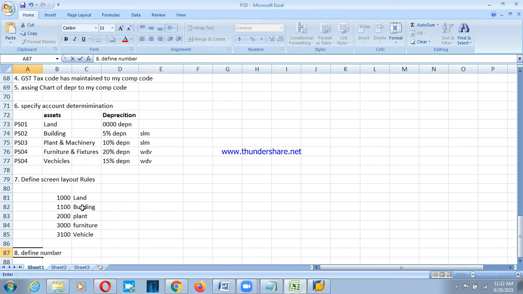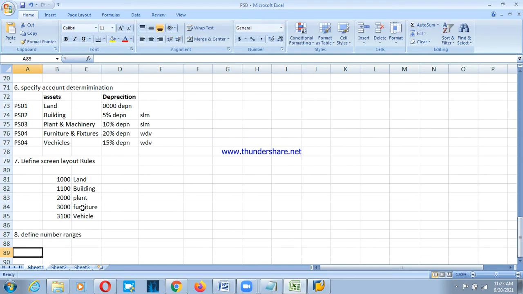As we have too many assets, that's the reason we need to maintain the number ranges. Here we have a subledger concept. In earlier topics we never discussed subledgers, right? Here we have a subledger concept, and for subledger creation we need to maintain the number ranges. So that is the 8th configuration. Ninth one,